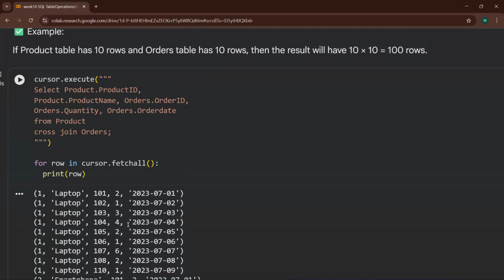Any doubts in cross join, anyone? Ma'am, in cross join we are using the order table, right? We are using both the tables, product and orders both. Okay.